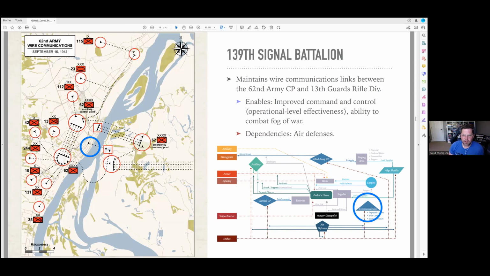The 139th Signal Battalion was a wire communications unit whose job in life was essentially to maintain all wire comms to all command posts and control posts throughout the battle. The depiction on the left-hand side, I created this map based on the last good high-quality documentation we had before the storm group assault happened, about a week and a half to 2 weeks before. And so you don't actually see the wire comms connections that existed by the time that the Soviets had retaken Pavlov's house and established that connection. So that's why the actual wire diagram doesn't exist there. But in the game,